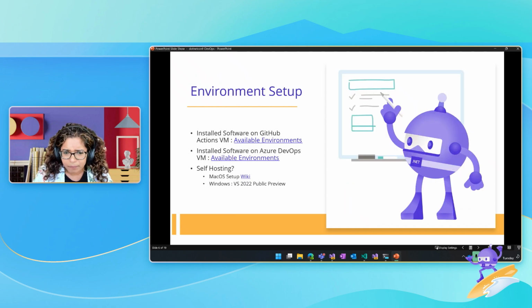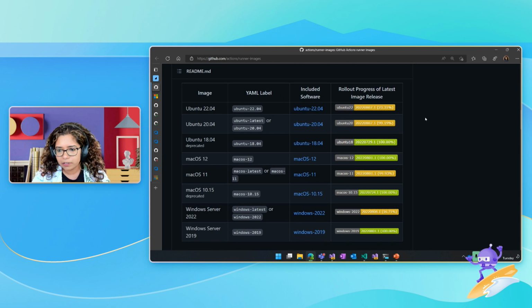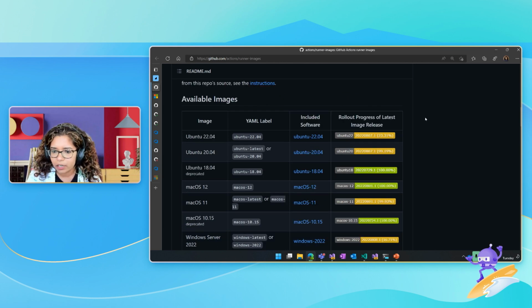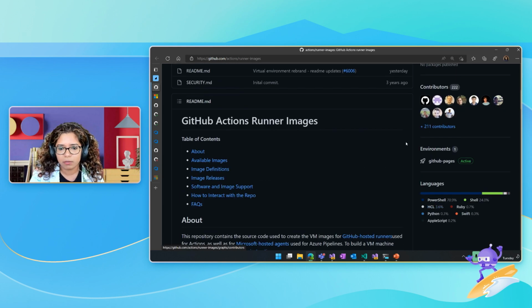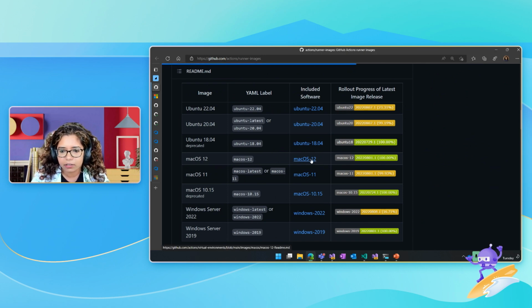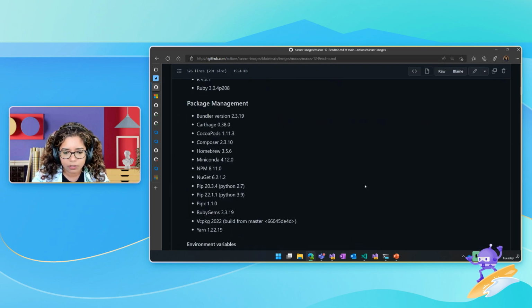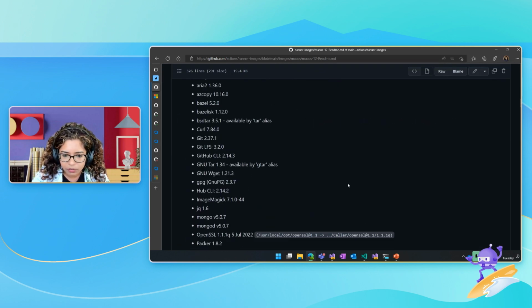But if you are looking at GitHub Actions or Azure DevOps, this is my favorite website. I literally have this bookmarked. That was the first link on my slide, and I'll be sharing all the links out. This is basically the GitHub images that are available to you as of today. When you are picking an image, why is this important? Why do I bookmark this? Because I can click into this and it'll show me a full list of every single software that's installed and the version of that installed.